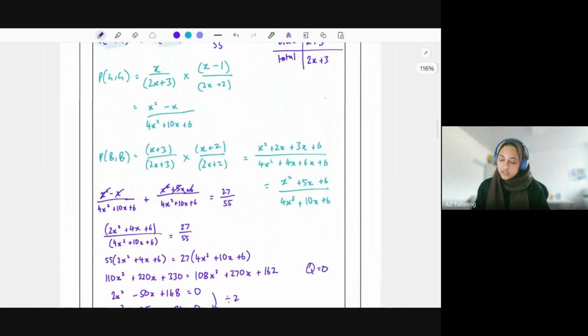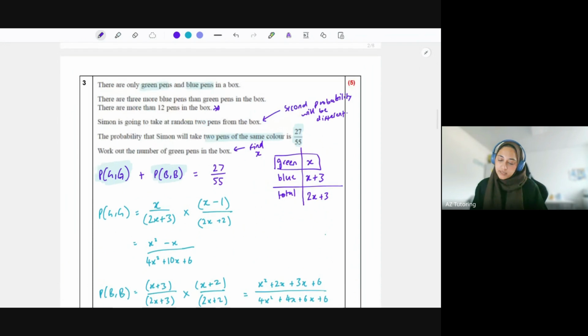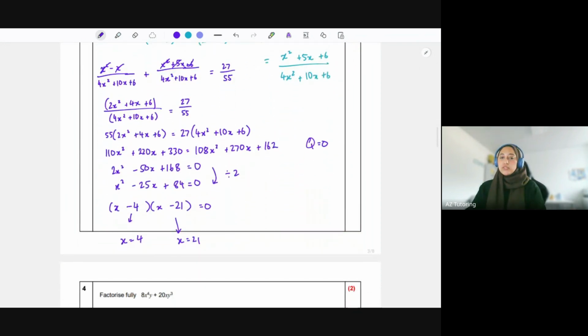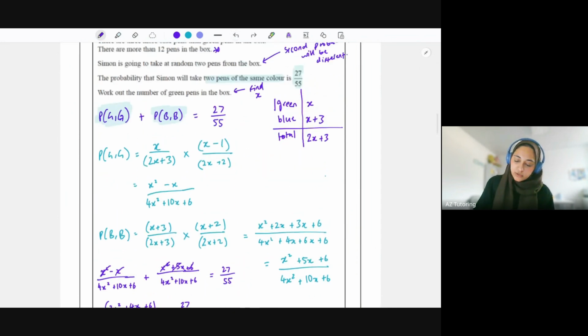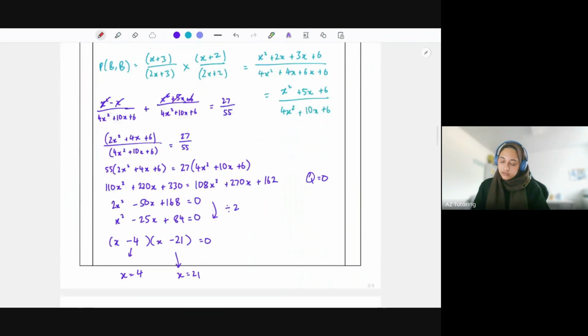What does x represent? X is the number of green pens. Is it pens? Yeah. So we can't have 4 green pens and 21 green pens. We need to choose one of these answers. And this is where this statement comes into place. So this here, there are more than 12 pens in the box. We know the total is 2x plus 3. So I'm going to write this down here. The total is